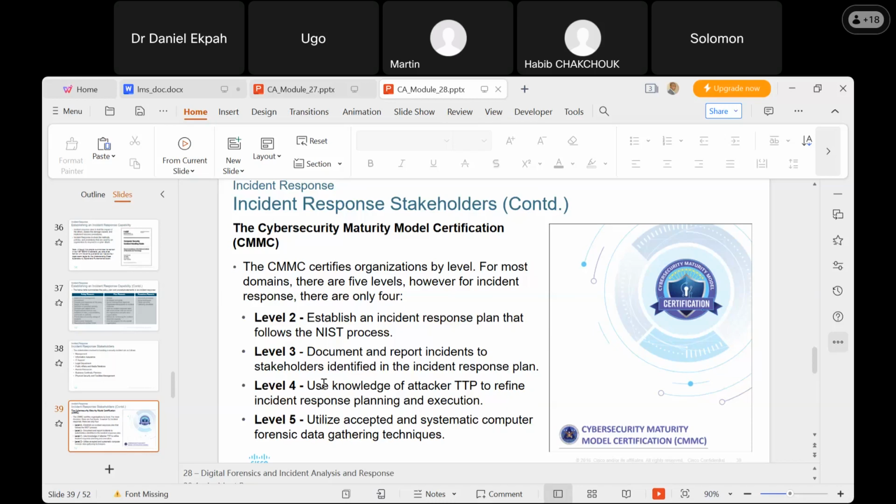So these are actually the 4 incident response maturity model certification processes. The essence of all this is to be able to first establish, document, then use the knowledge of the attacker, and then utilize accepted and systematic computer forensic data gathering techniques. So you need to have all this together. Remember, all these are more or less like an incident that's happened. How do I respond? So we're looking at an incident that occurred and the response